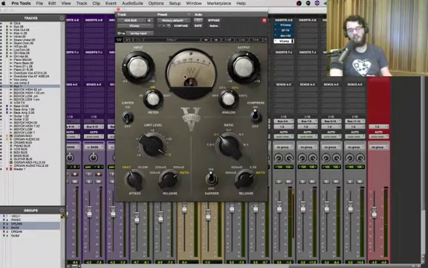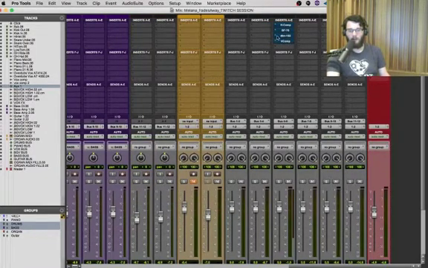Pretty interesting. I really like this sound. I don't like it on this particular track as much as our VCA compressor, this DBX160, but it definitely can have a lot of uses. It has its own character and color to it, which is really nice, kind of mimicking an older style. So, all right, so that is our voice. We're going to bypass this one and keep on our DBX160, and we're going to move on to drums